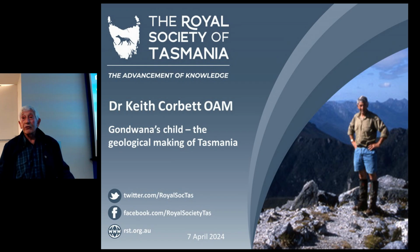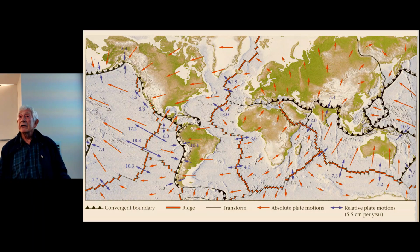So let's look at what happens and how the Earth works to begin with, the really big picture. And the first thing we have to know is that all of the continents on the Earth's surface are moving. This was a big argument back in Sam's day because nobody much believed that continents could move. They all seemed to be fixed. Now we know that they are all moving